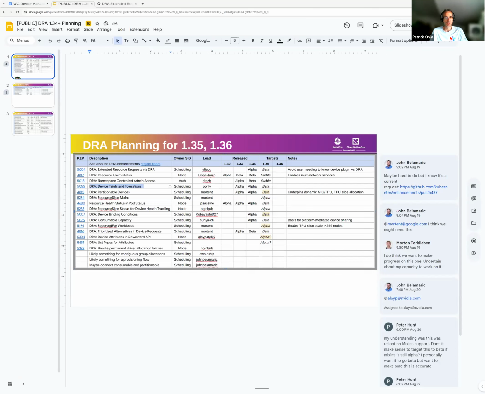And a key point is that a device taint can have no effect. It's just purely informational. I think that covers many of the use cases that we've discussed since then about how to publish health information in a cluster, and how to have someone other than the driver make a decision about how to mitigate those observations. So that I think is something that I want to implement myself in the next cycle, in 135.